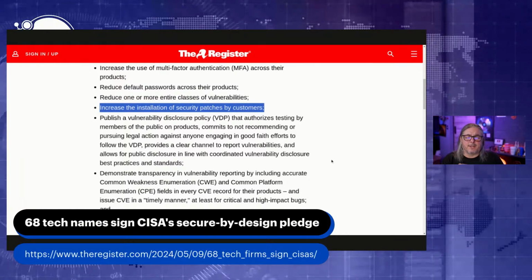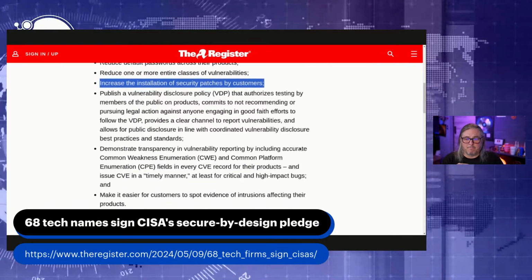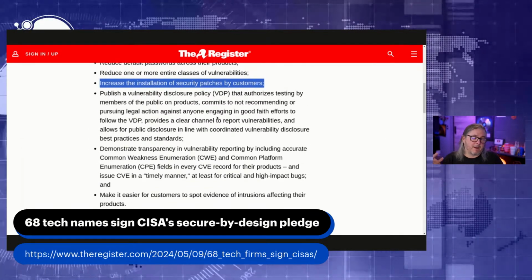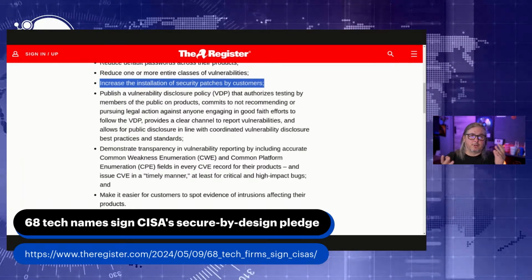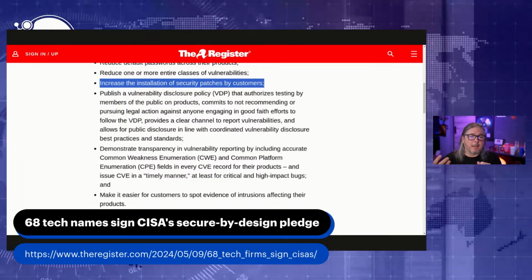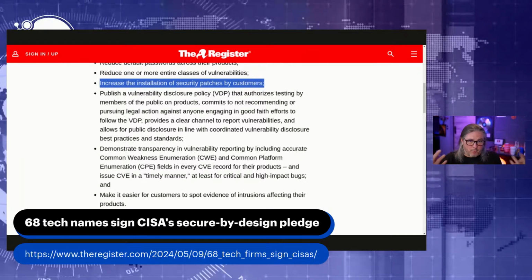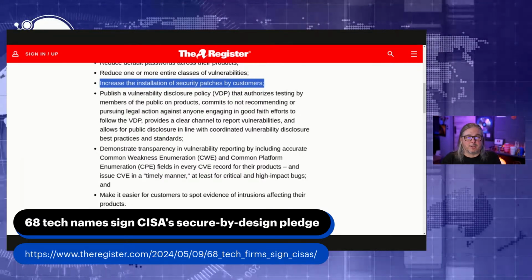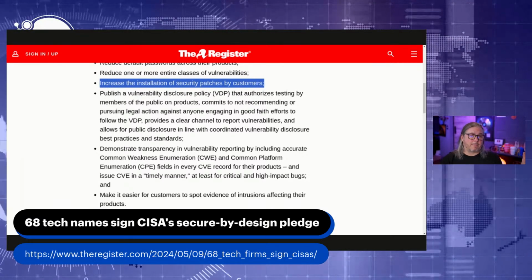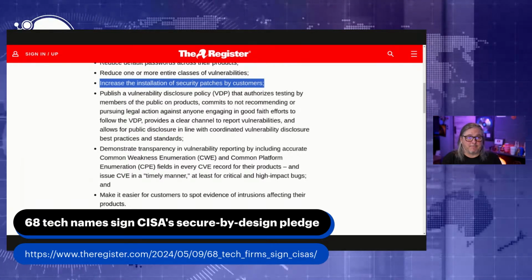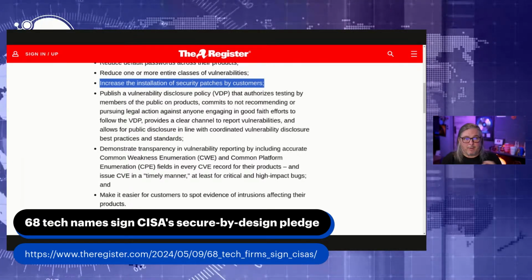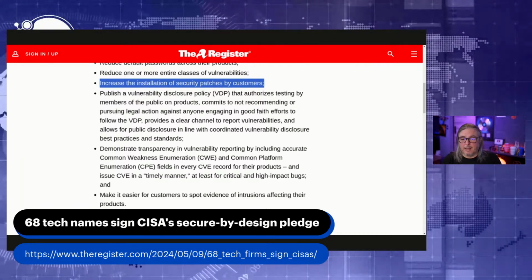Increase the installation of security patches by customers. Forcing it is probably how they're going to do it, for better or worse. Mostly for worse because they aren't doing a good job, but for better because they're doing it. The essentially forced patching, and all the jokes around it with Microsoft's products, in the big picture, I think make it better. I just wish, and we'll get to those stories in a minute, they would just validate their patching better so people wouldn't try to find ways to stop the patching from happening.